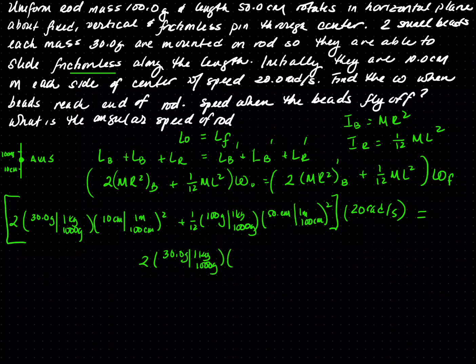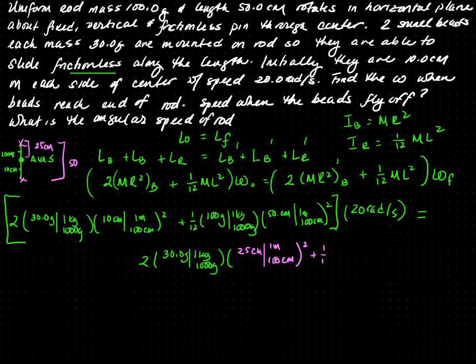The radius is going to change because now the objects are on the outside. So outside is going to be, this entire thing is 50, so it's going to be half of that, so it's 25 centimeters. Convert it. It has to be squared